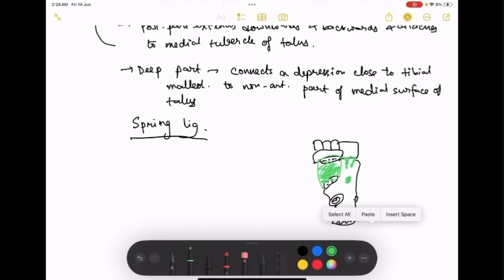So, let's mark one after another. It's a bifurcated ligament. I don't know why. What part from where it's arising, what's the duty, I don't know. Not important also. Dorsal calcaneocuboid ligament. Know this? Interosseous